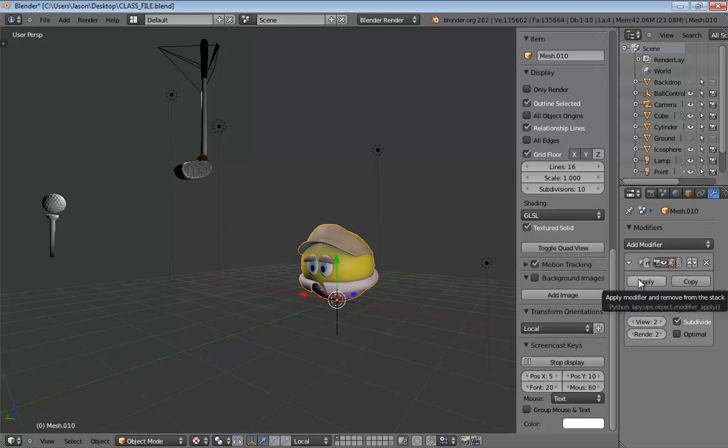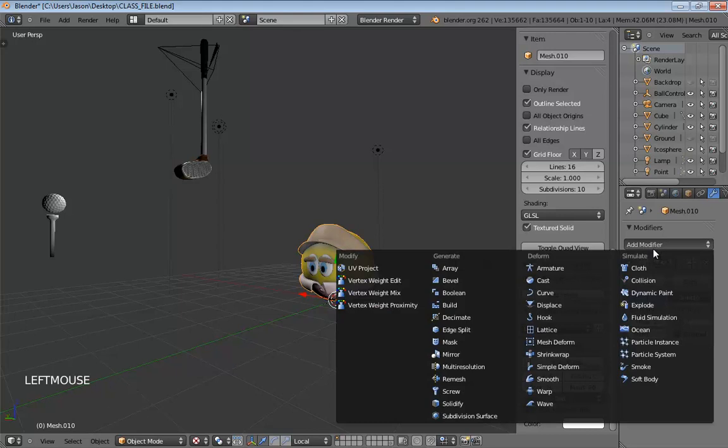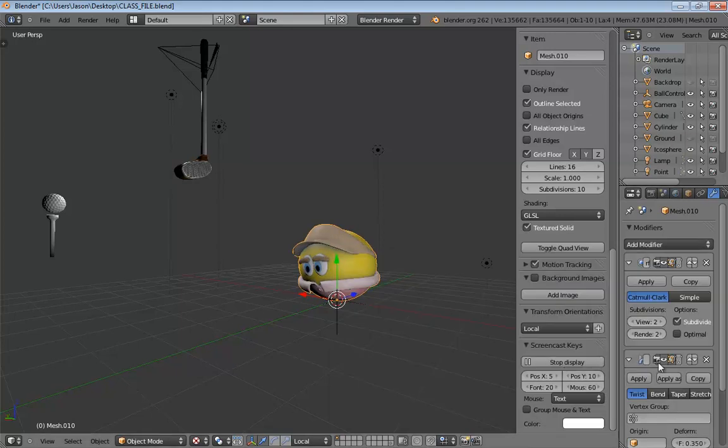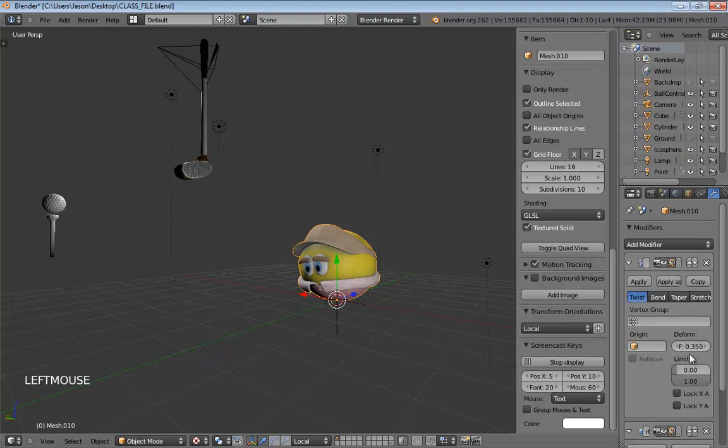I'm so used to calling it smoothing, but that's from years of doing all kinds of other 3D applications. It does smooth things. What we're going to do is add on a simple Deform modifier. Now you'll notice that's under the list of deforming modifiers. So just drop that on, and we're going to move it up. I don't want this to take place after my subdivision surface. I want it to take place before, so I'm going to nudge it up one. That means it's actually deforming the original geometry, and then the subdivision surface smoothing is actually taking place.